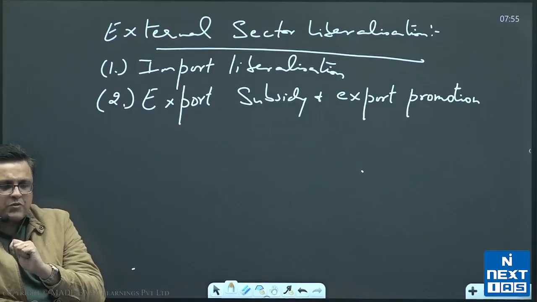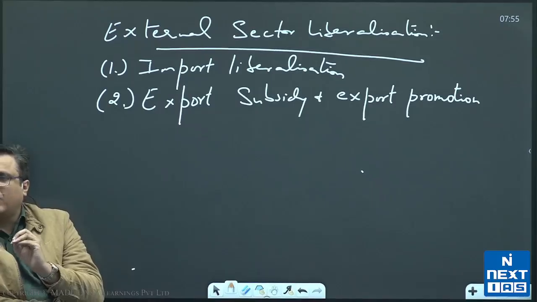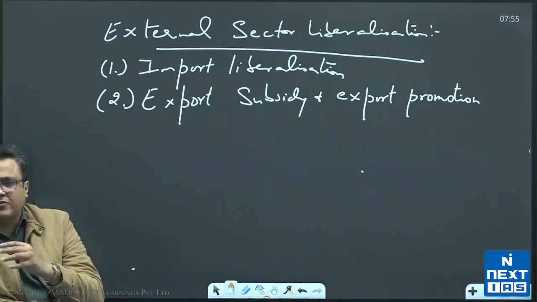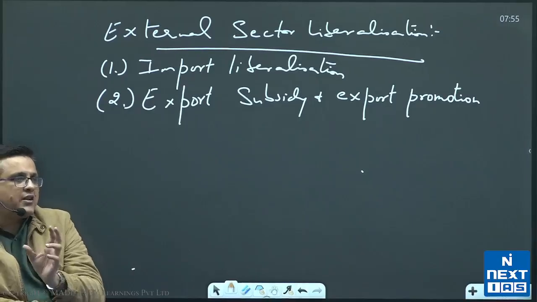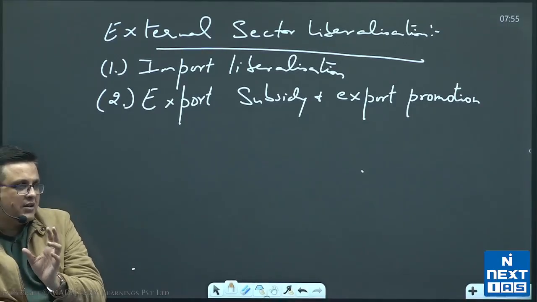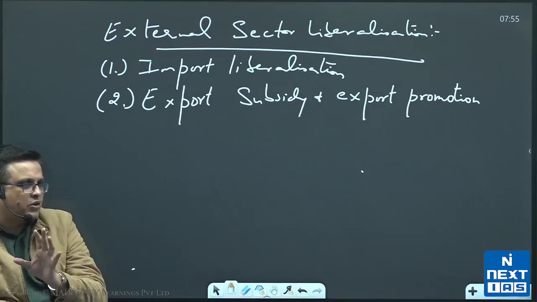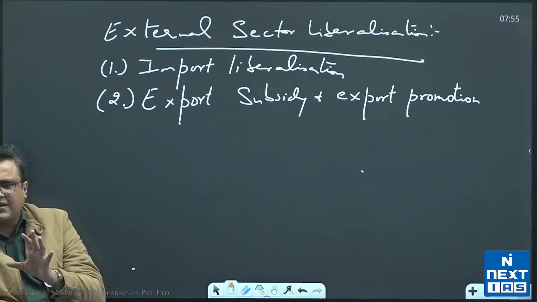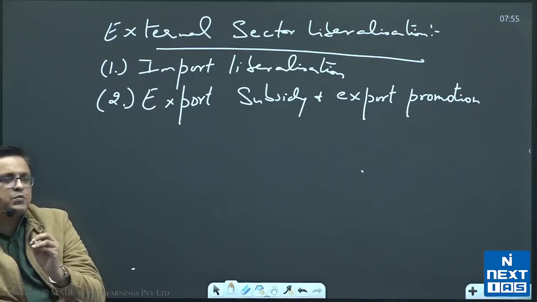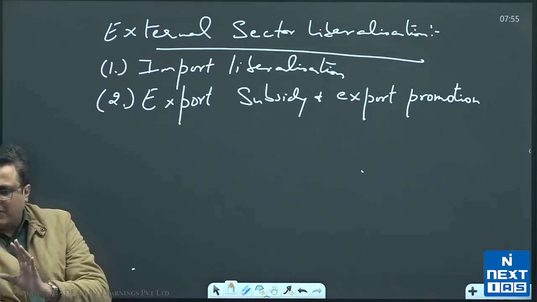So total exports of India in 1991 used to be $6 billion. Today, we are exporting around $450 billion worth of goods and $325 billion worth of services. So today our export is $775 billion. Now that's a huge jump compared to where we were in 1991. So that is because of the policies we used. Now I'm just making you write the policies right now. I will be explaining these policies to you when I'm discussing export promotion by India. We will be going into that.